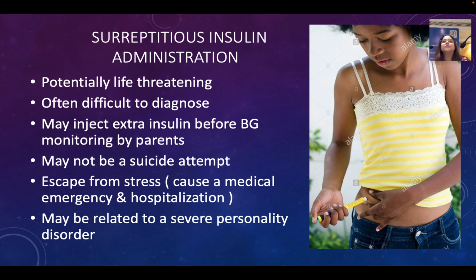We have had a girl who is a topper in her class, and she has been taking insulin by herself, going to 25, 30, 35 blood sugars. So first I asked the parents to find out, they disagreed, then they found out she is taking insulin, then they started keeping the insulins locked, and blood sugars became better. A few days later the blood sugars were again 30, 35, 40. Then again what they found out was that she had hidden an old pen, she took the insulin from the cartridge in a syringe, put it in the old pen, put water in the cartridge and put it back in the fridge, so that the parents would not know that she has taken insulin, and she is self-injecting.